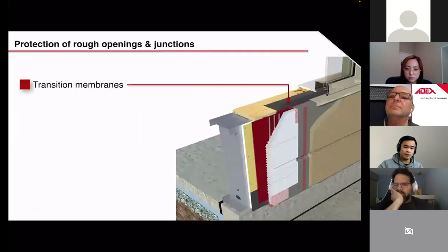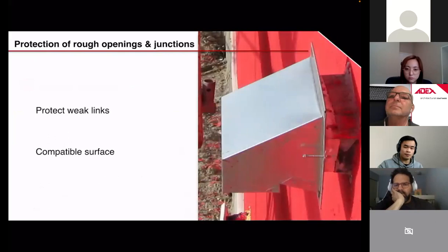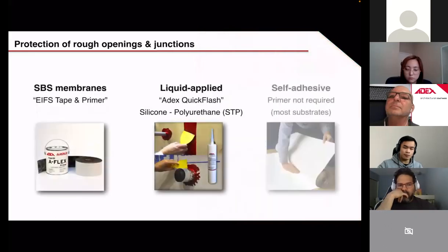So let's begin. Transition membranes are the first step. And there's lots of transition membranes on the market, but what they do is they protect the weak links of the building, all your openings, all your penetrations, and they provide a compatible surface for our membranes to come over top. And like I said, there's many different types. We find that the best transition membranes would be the ones that have a bit of a nap to them or hair,